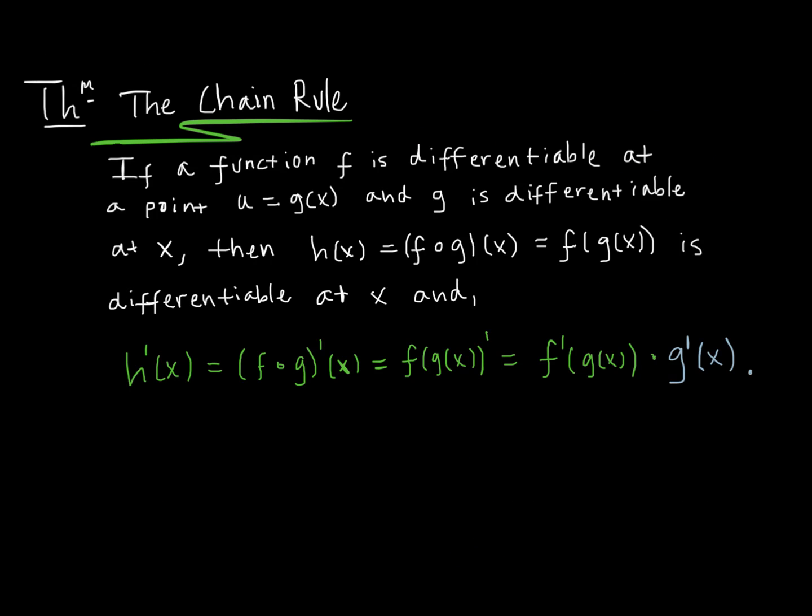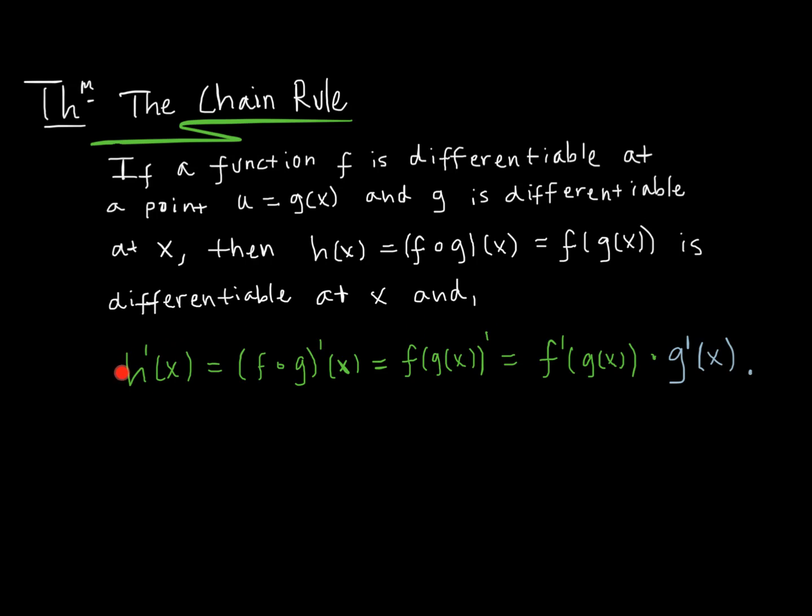So here's the chain rule. We've seen this before, but it is important to copy it down again now in general, right? We talked about it in terms of power functions, and now we're talking about it in general, for any two functions that are composed with one another. If a function f is differentiable at a point u, which is equal to whatever g of x is equal to, and g is differentiable at x, then the function h of x, which is the composition f composed with g of x, which can be written like this, and I've also shown it can be written like this as well, f of g of x, is differentiable at x, and the derivative of h of x,